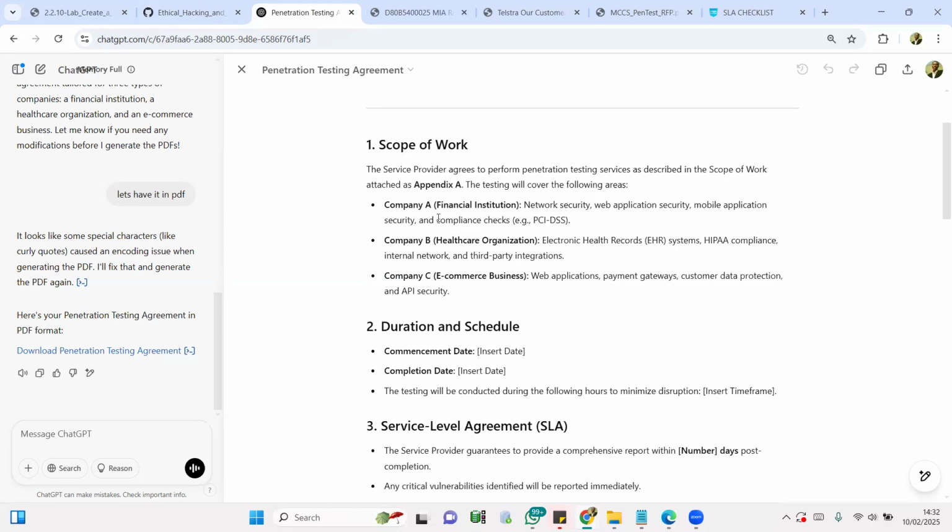Now, for instance, for web, for network, you have several frameworks with respect to pen testing. So you have those guidelines that spell out several things in several categories. So how do you know when you are done? The only way you can know when you are done is if you've spelled out what constitutes being done, right? So duration and schedule, a commencement date, a completion date,